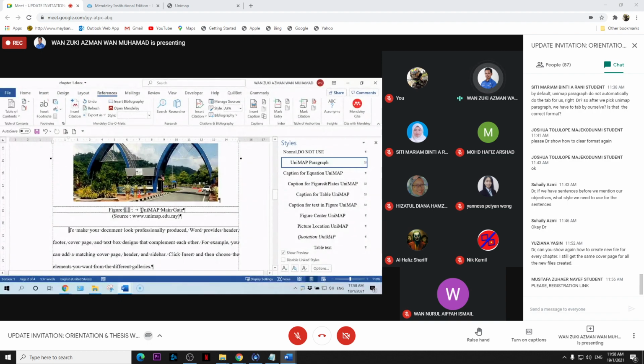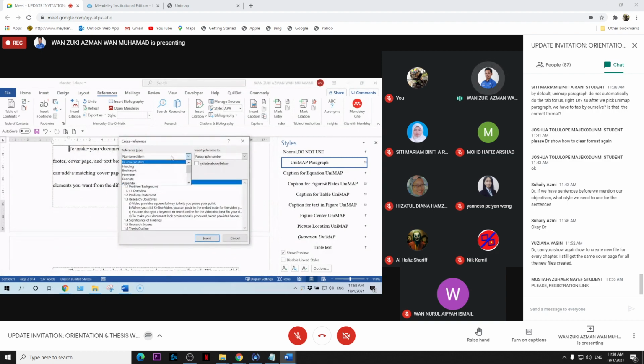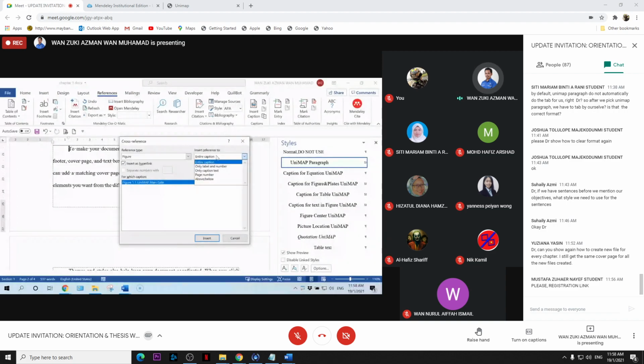Okay, figure 1.1. So under the caption group here, we have the insert cross-reference. So you click here, and then you select the reference type figure. Okay, and then insert reference to only label and number, not the entire caption. If it is the entire caption, you will have all of this caption.